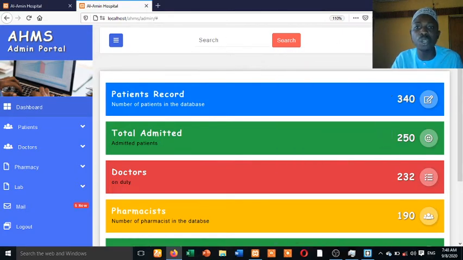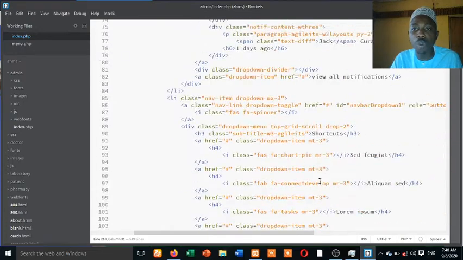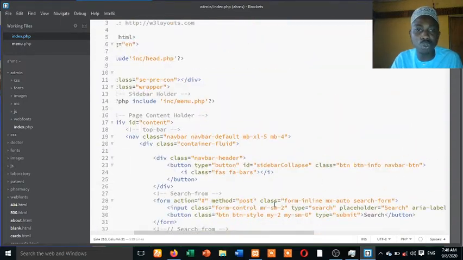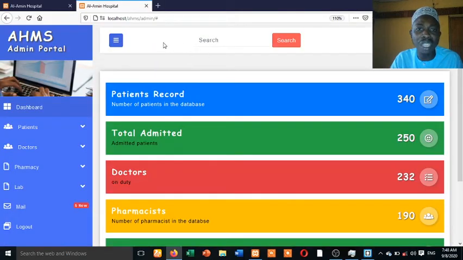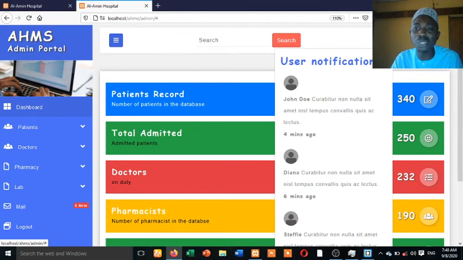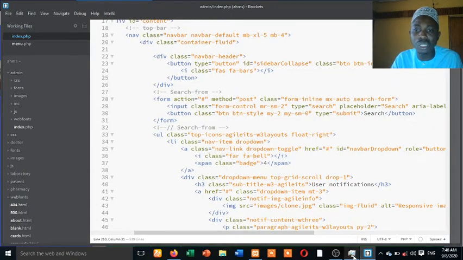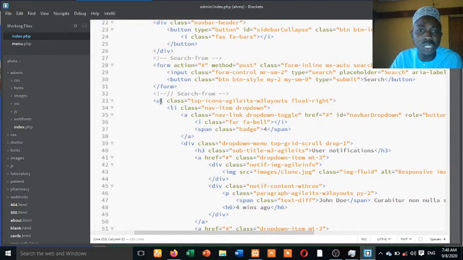So let me just clean up all these sides. From the top, I think you just need to be watching. What you just need to do, after this, is look at all these divs. All these things are inside a div. I think this search is okay, but this one I don't think I need now. All this notification, the rest. So after the search,